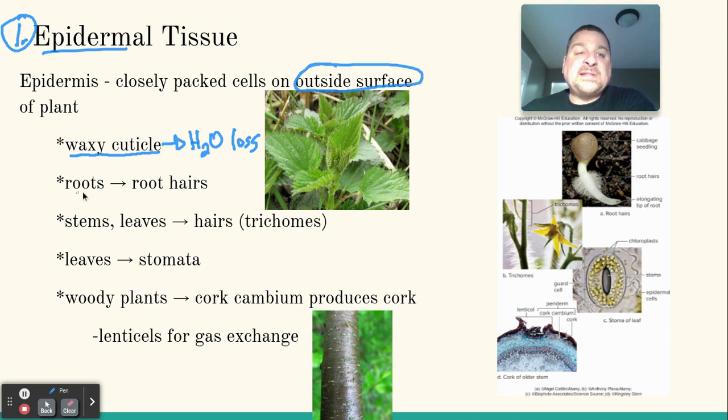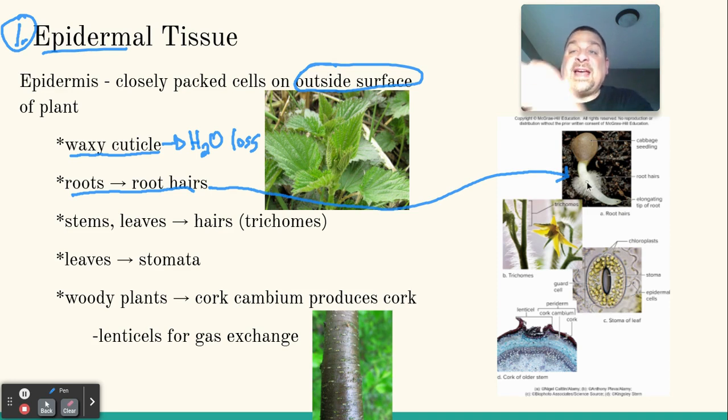Sometimes the epidermis can be specialized for root hairs. They're showing you this over here: this little cabbage seedling that's sprouting. You'll get root hairs on the outer epidermis of the little root tip that's growing. You get all these fine branching cells, or root hairs. Again, obviously, the root hairs are going to increase the surface area for absorption of water and minerals in through